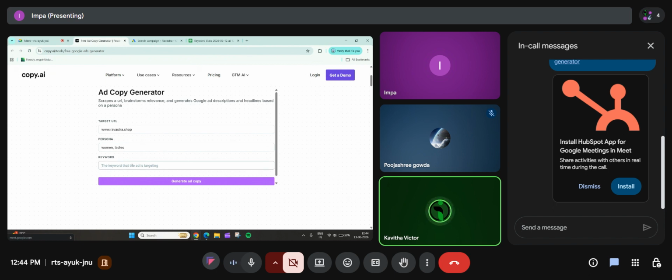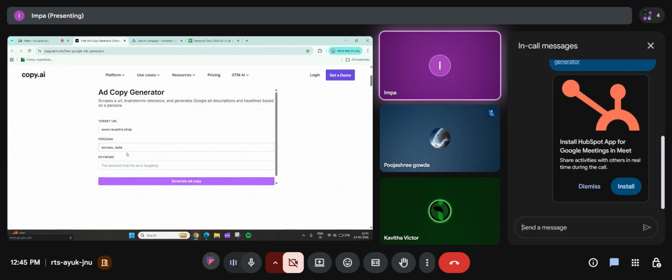Click on enter. Next to ladies. Add the URL of your competitor. Here, ma'am. Yes.